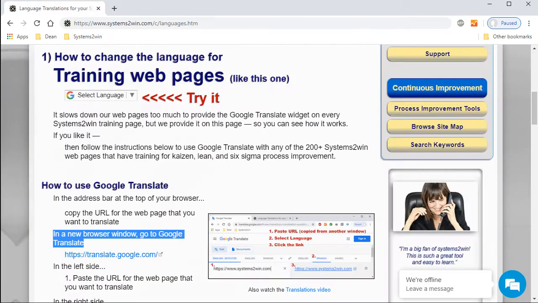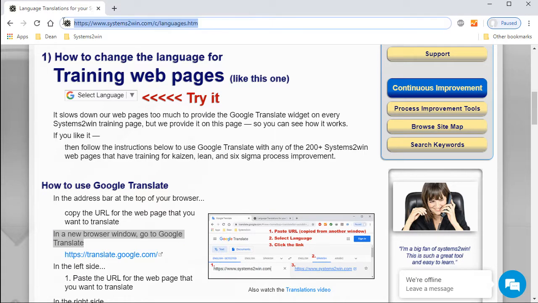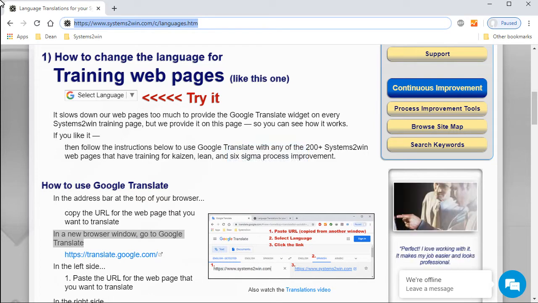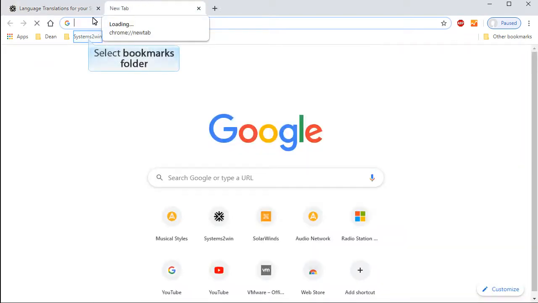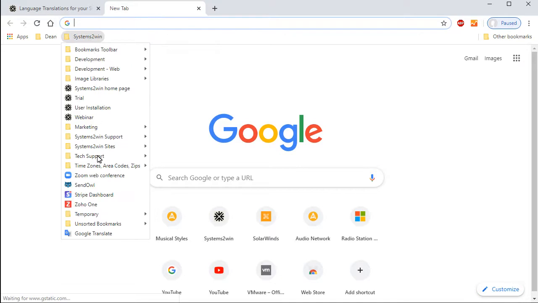So back on our original page that we want to translate, in the address bar near the top of the page, we select the address and then copy it to our clipboard. Then we click this plus tab near the top of our browser, and then in that new blank tab, we use our bookmarks to quickly open Google Translate in a fresh new window.